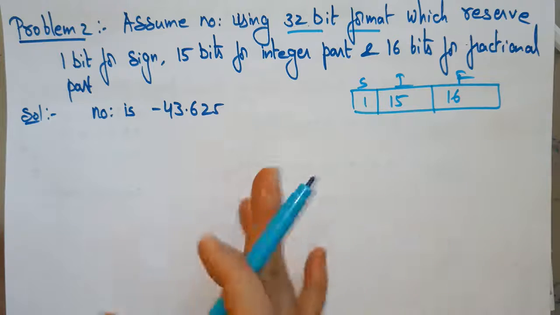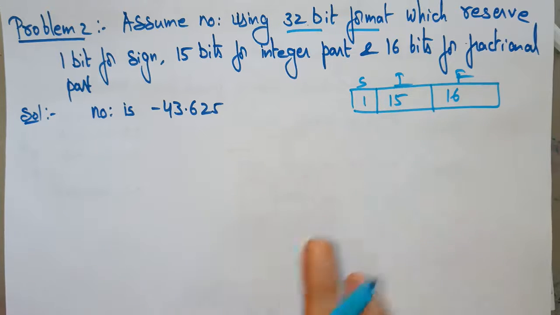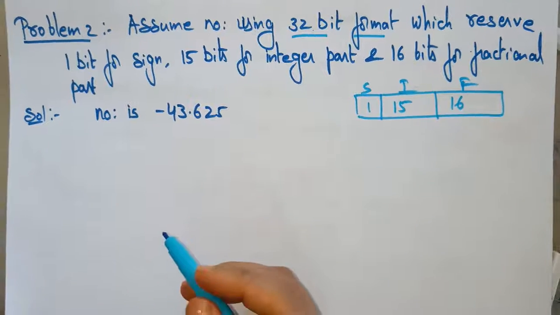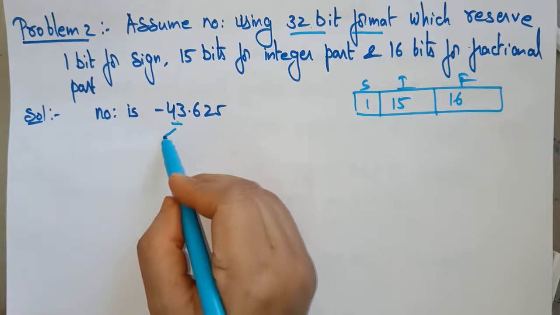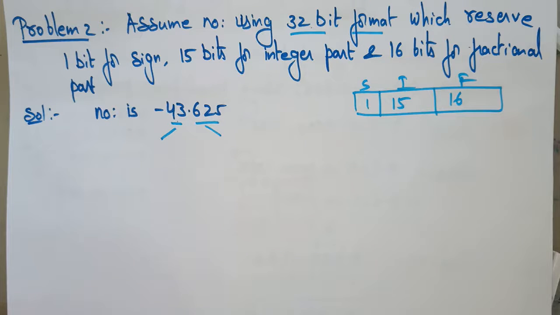Now this is the number they are given. I need to convert this into the binary format, fixed point binary format, and that number I have to represent in a 32-bit format. So now let's see how to solve this problem. First convert the integer part into binary format and then convert the fraction part into the binary format, right? After converting, you do the negation and then you represent it in a 32-bit format, because this is a 2's complement, minus 43 they are given. So for whatever number you got, you need to take the complement, right?